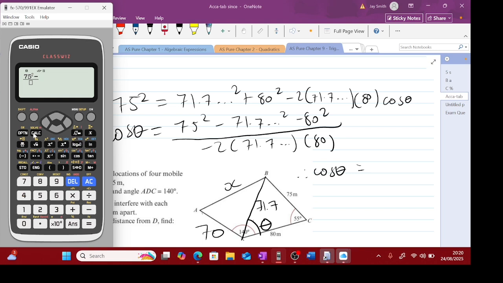So to access that I need to go into the red mode or alpha mode and press the red letter A. Then that's A squared, which is 71.7 squared, minus the 80 squared, over minus 2 lots of, again, A. So again I need to go in red mode, then click A, as A represents the 71.7, times 80. Okay, if we do that, then I get cos theta is